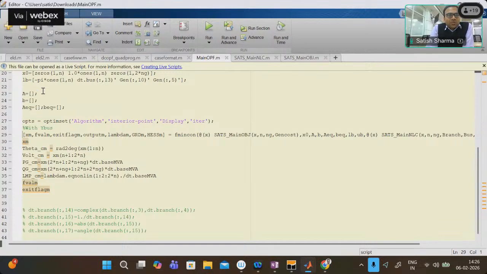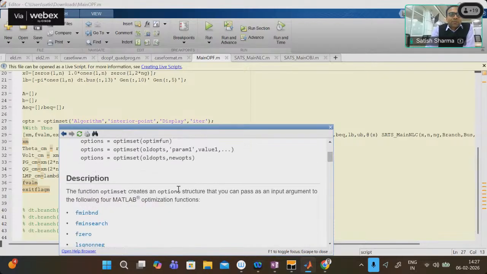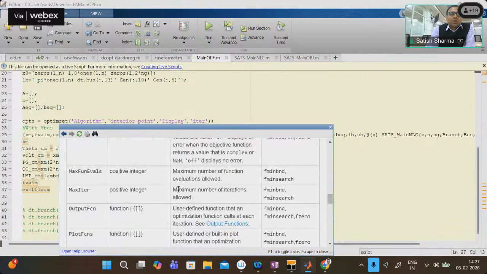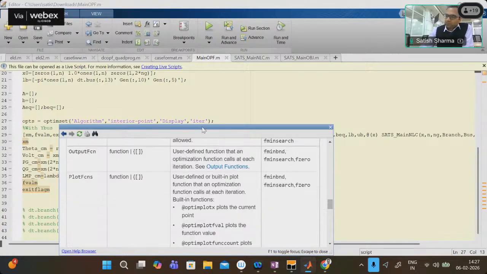And then I will call the function fmincon, and certain options I have placed here. This optimset is basically used to set the optimization options. Those options are defined as opts, and optimset is the function which defines the different attributes of this function. By pressing F1 on this particular part, you can know what the different inputs are that you can define. If you see here,